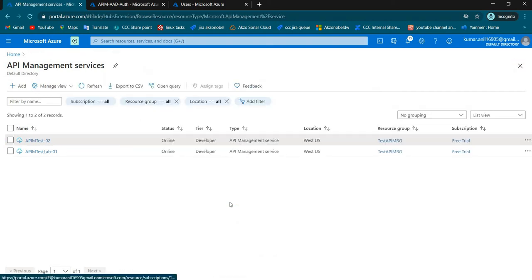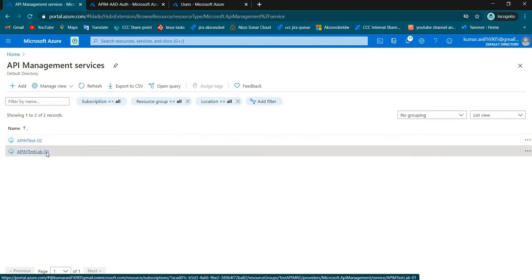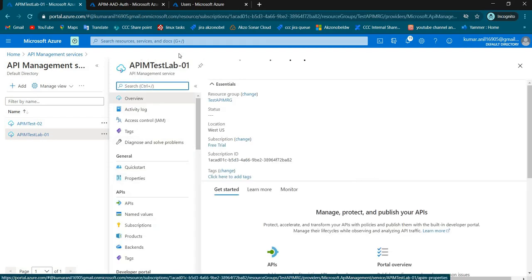So this is how you can authenticate your Azure Active Directory with the application, API management. I'm going to remove the other details also here.